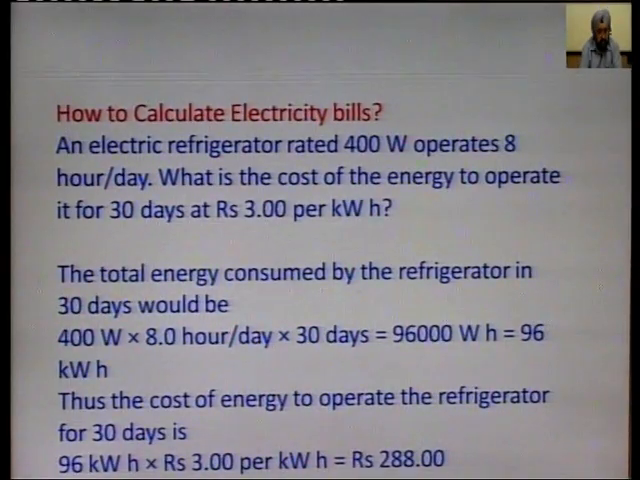How can you calculate electricity bills? Let us take an example. If you have an electrical refrigerator which is rated 400 watt and operates 8 hours daily, what is the cost of the energy to operate it for 30 days? How much bill will you get if the rate is 3 rupees per kilowatt hour, means one board of trade unit, electrical unit costs 3 rupees. You have to calculate the electrical